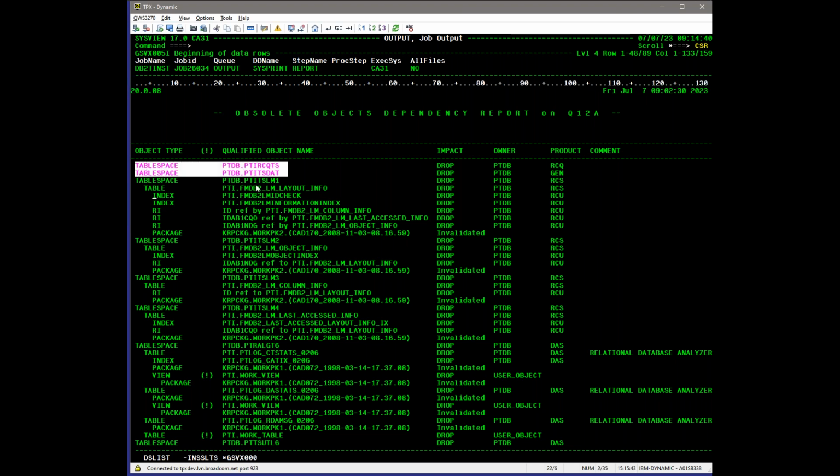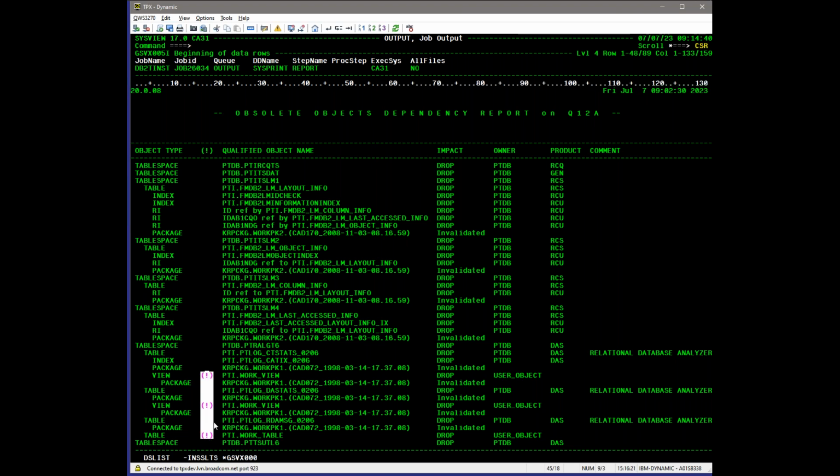So you can see that there are some empty table spaces in this example. The table space with a table containing some indexes, referential constraints, and some package. They are not dropped, they will just be invalidated as a result of the dropping. And if you look down here, there are these exclamation marks, and these are important because we don't recommend putting any user object into our table spaces, but maybe in those obsolete table spaces that were here a long time, for some reason some objects may have been put into them,